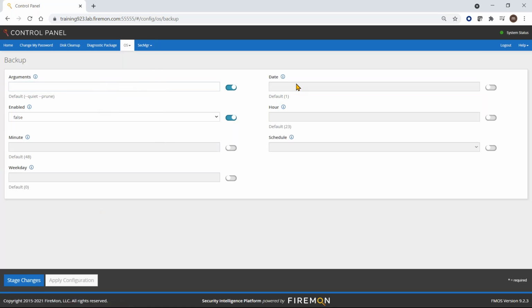Also of note here, you can change the date when your backup takes place. You can change the time. By default, it's going to run daily at midnight. If you wish to change that, by all means, you can come in here and make changes to when your backups run. Of note, backups are not incremental. They will be full backups every time,